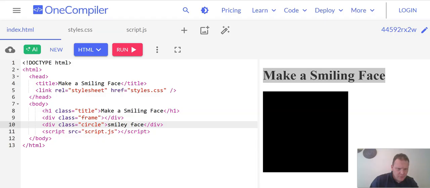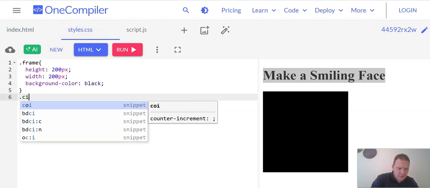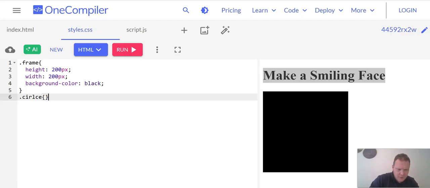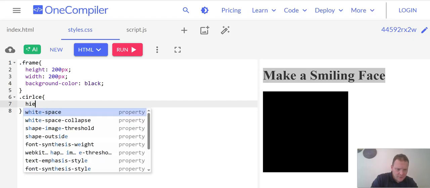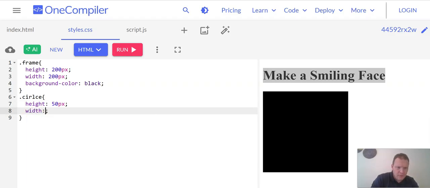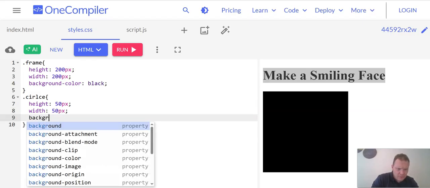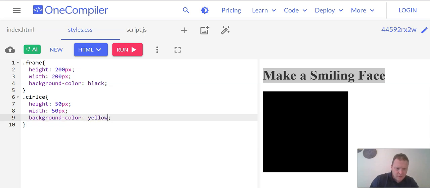And what we will do is go to styles and type in circle with the dot at the beginning to reference a class, and we're going to give it a height of 50 pixels by a width of 50 pixels. And a background color yellow. So if we run that,